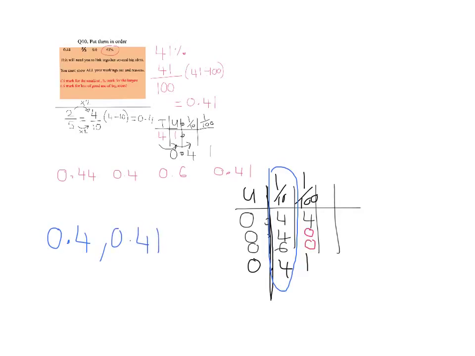Your next smallest looking at the list, it's going to be 0.41. Using the same method, we can see that that's only got 1 hundredth compared to 4 hundredths. And then that's nice and easy to finish off now, 0.44. And then the final one, 0.6. Now that doesn't necessarily answer the question in terms of a GCSE style question. You have to relate back to the question. So the 0.4 was actually 2/5. The 0.41 was 41%. 0.44 was just a decimal, and 0.6